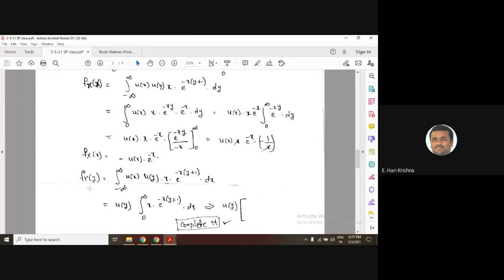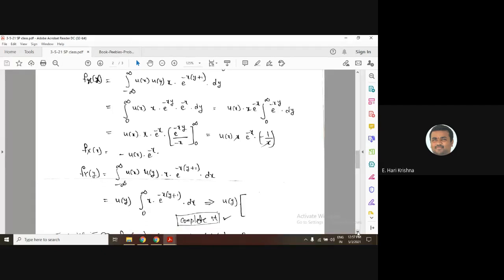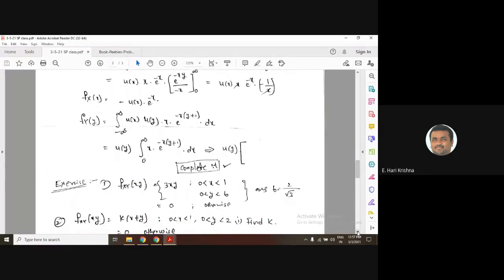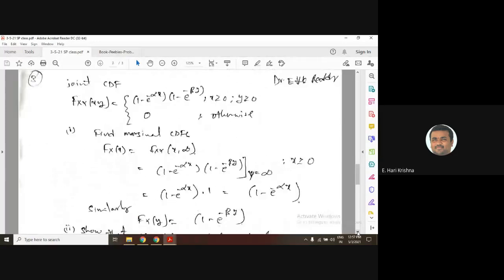Similarly, I have not done it for the y density function, and it is given for you, because here you get the u into v integration. Try to evaluate this and find the answer. If possible, any one of you, please show it to me in tomorrow's class by sharing your screen, or you scan and send it to me. So this is the next one, the y density function. One more simple problem I have given here, just to try to evaluate these two simple functions.